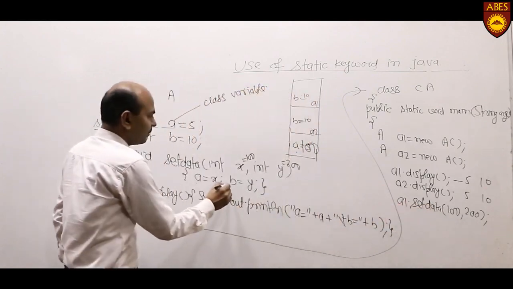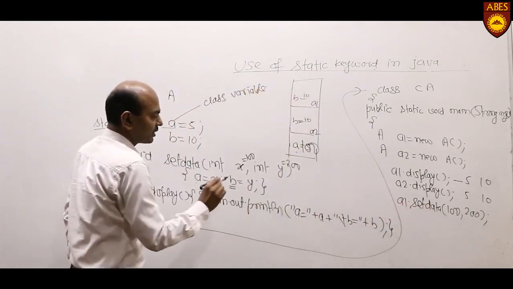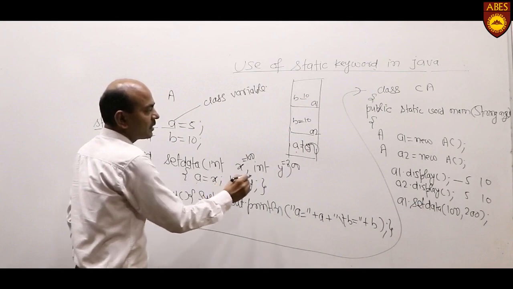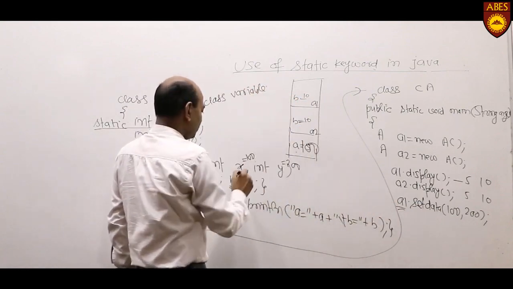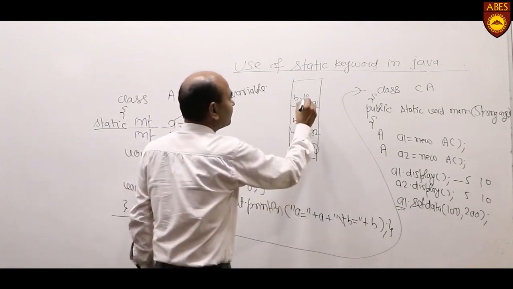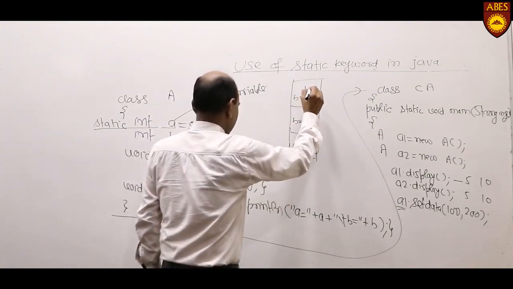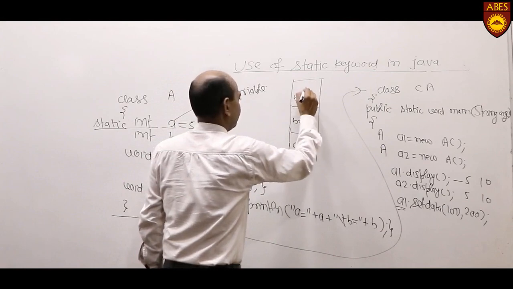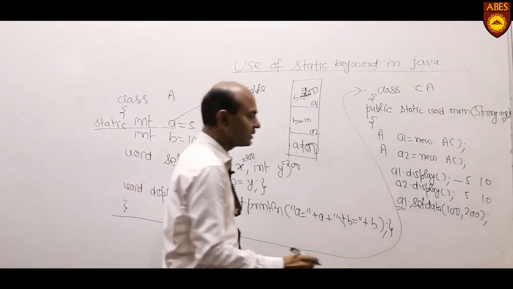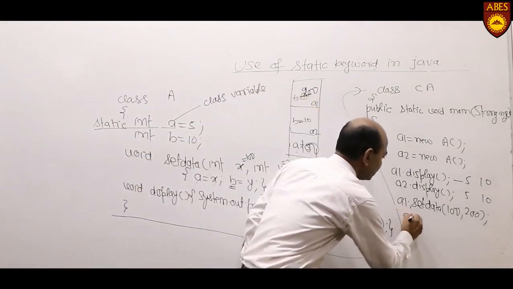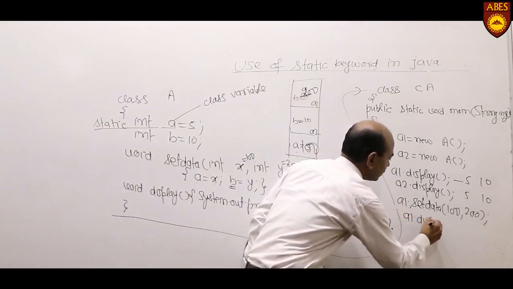So the value of a will be initialized to 100, a1.display. Then b is the value of a1. The b variable is the variable of the a1 object, so the value of b of the a1 object will be modified to 200. Now if we again print both a1.display and a2.display,